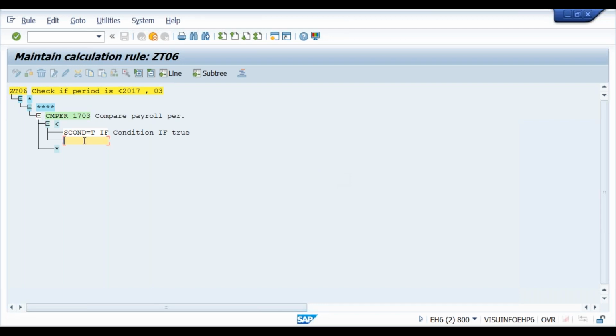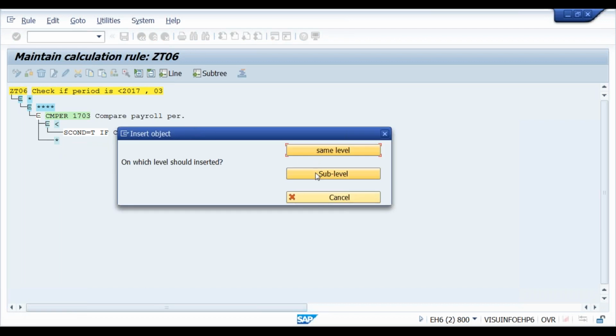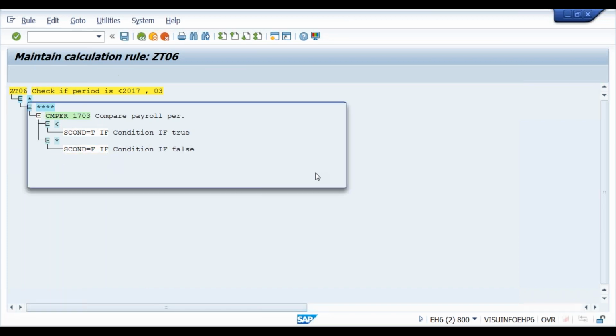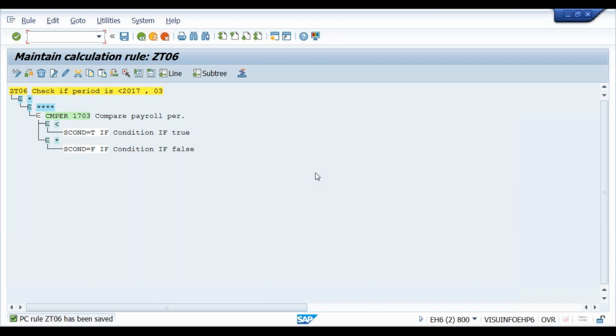So you are learning this operation also today. SCOND: set the condition to true, or set the condition to false, for the IF function. This PCR you are writing only to check true or false conditions. This condition is not there in the parameter 2, so you have written a rule. If this condition were already there in the parameter 2, you would not have to write a rule. You would put the respective parameter 2 value there, and it works.